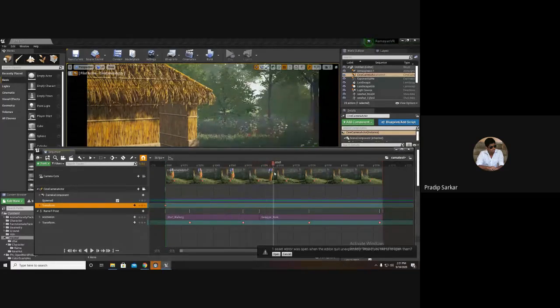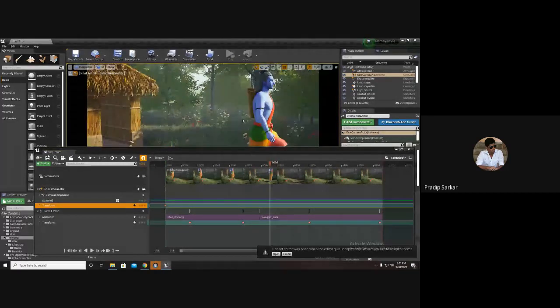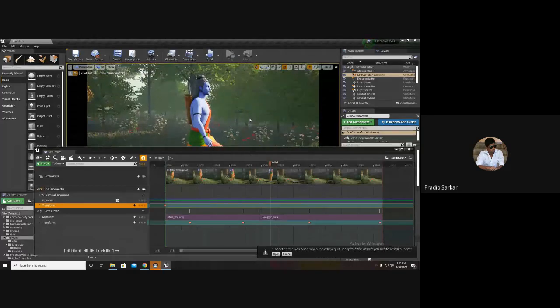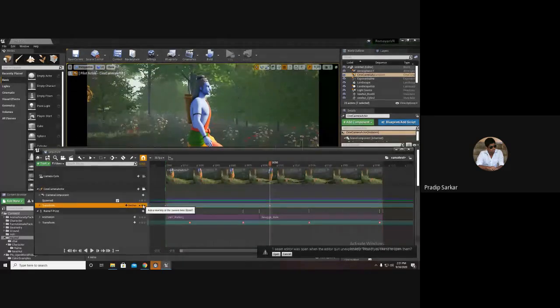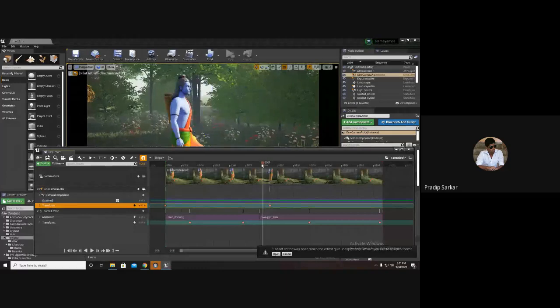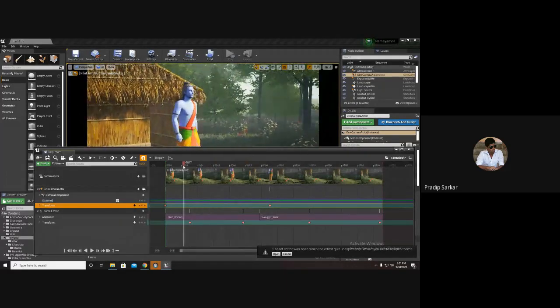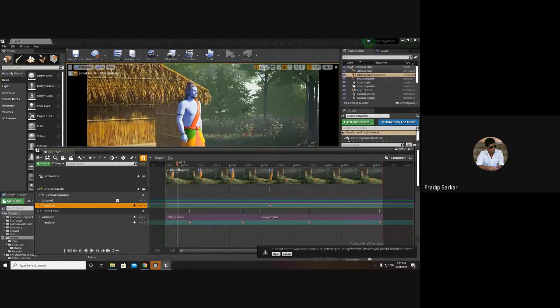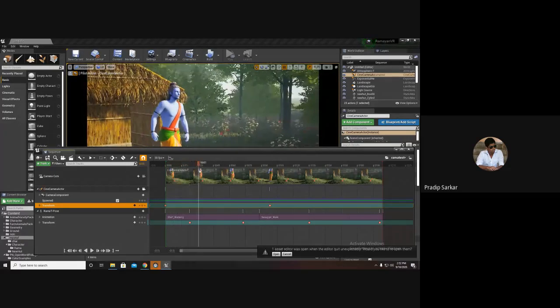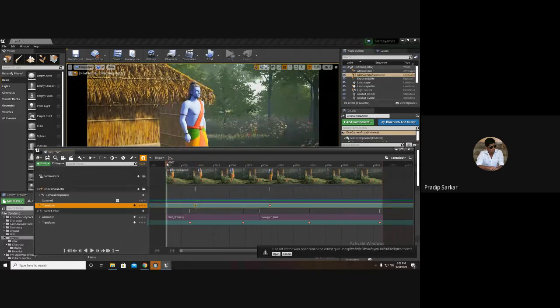When the character goes out of the frame, I will rotate the camera, then give another key. So bring it front.